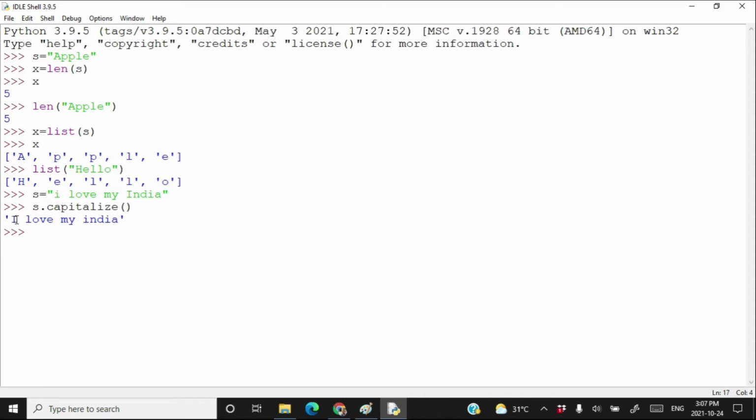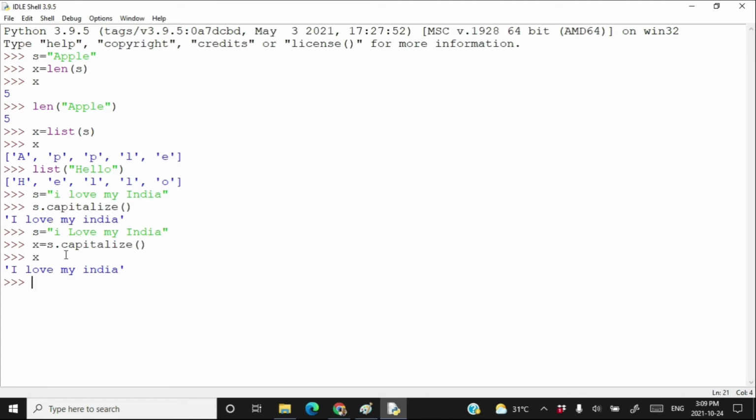Only the first character of the string will be capitalized, and notice here that the I in India is now in lowercase. Let's experiment with something more. s is equal to I capital, love, right here capital love, my India. Press enter. Then write x is equal to s dot capitalize. Press enter. Type x.